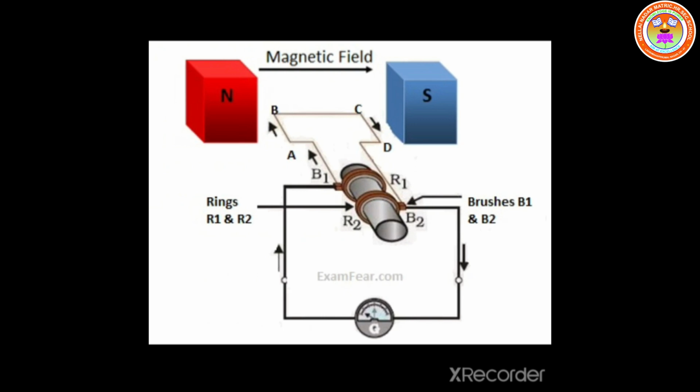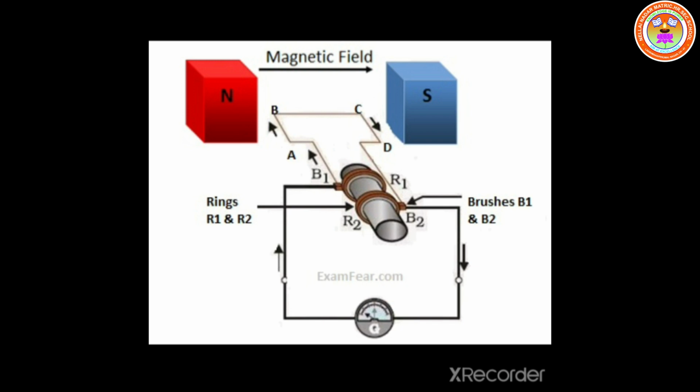Electric generator. The picture shows the electric generator. Here we are going to discuss two types of generator: the AC generator and the DC generator. First, let me discuss the AC generator. AC is the abbreviation for alternating current. That is the short form we use for the alternating current generator, which is shown in the figure.